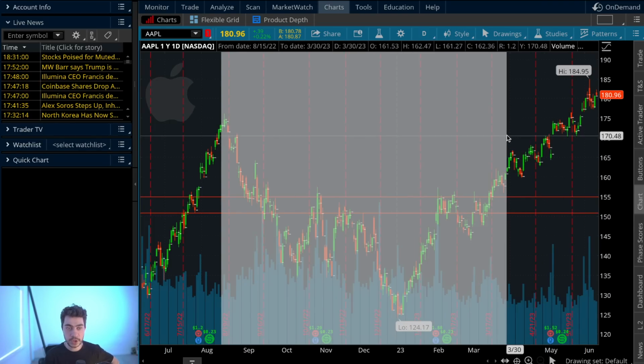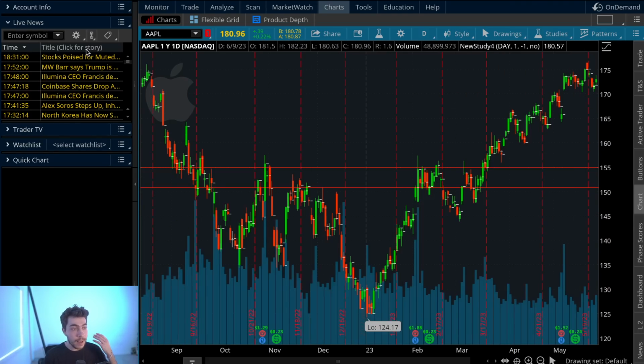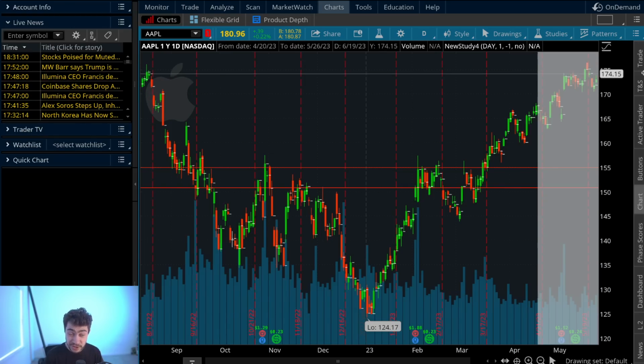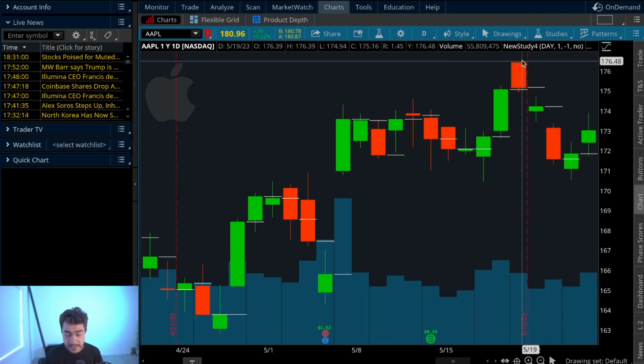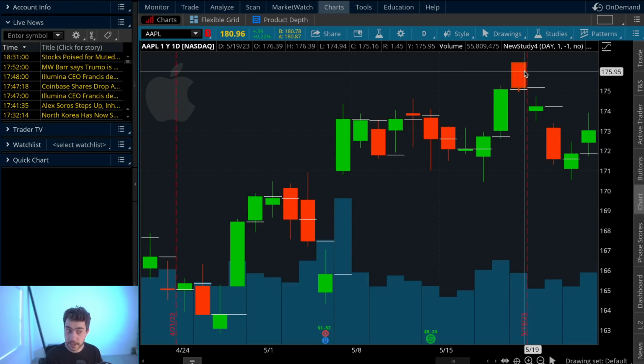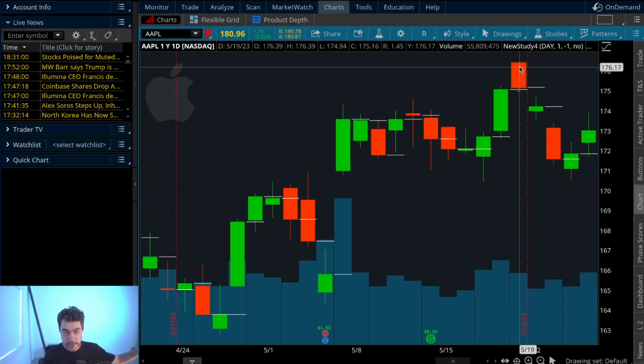But this is what I brought awareness to if you watched my videos last week. Apple had 52-week highs right here at 175. As soon as Apple tested those 52-week highs, it formed a bearish candlestick on the daily chart, and it double topped at those 52-week highs. And then that was finally the beginning of a very nice bull trap for the short term. Look at what happened prior to that. It was a nice, strong uptrend. But once it formed a red bearish daily candlestick on the 52-week high retest, Apple saw a very, very nice